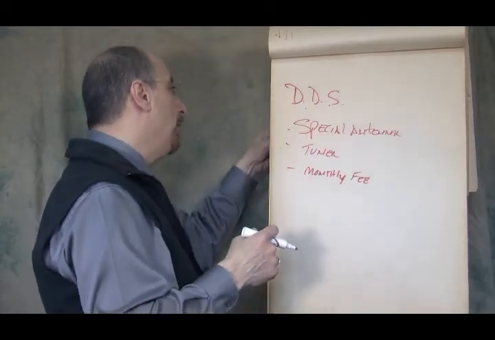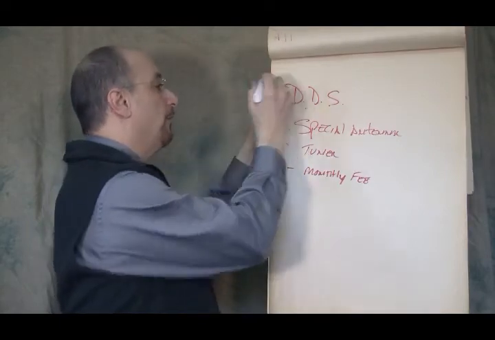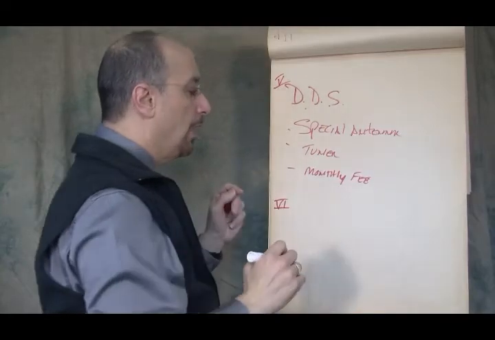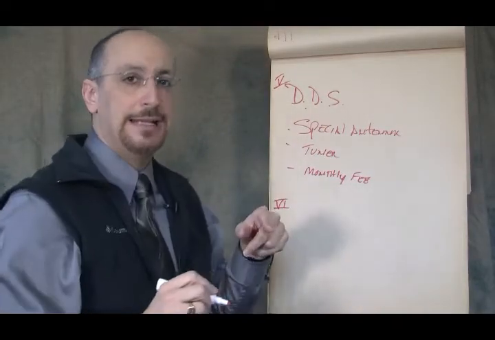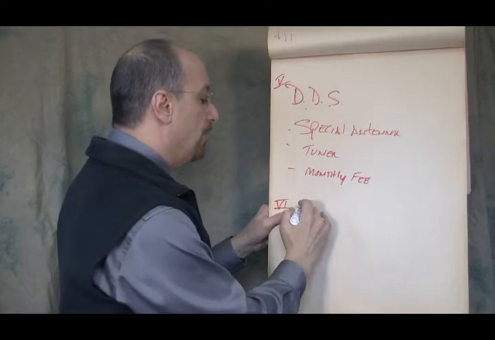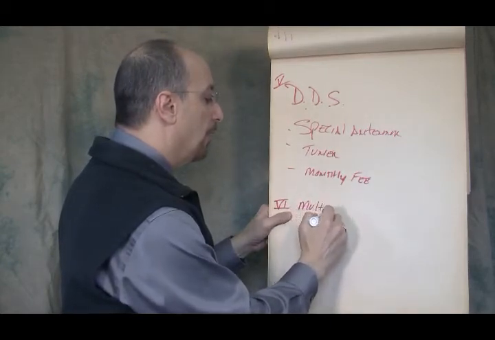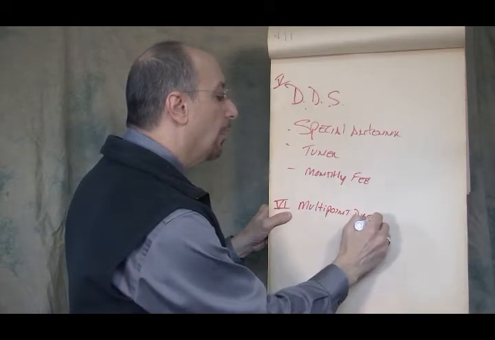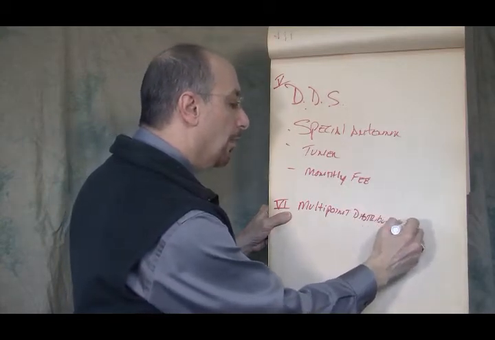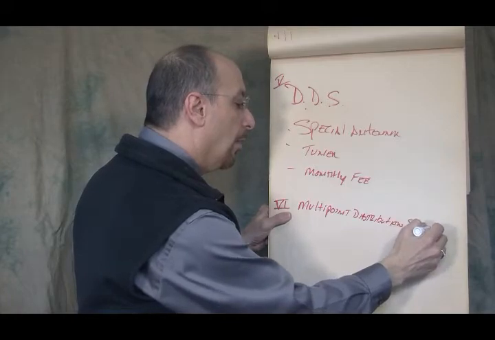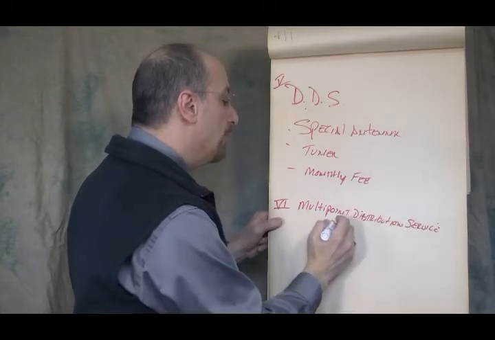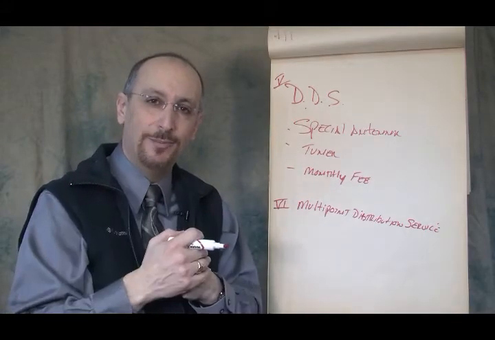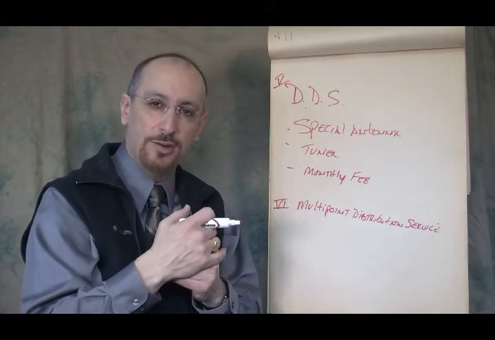The next step, though, beyond this, this is part 5, part 6, is something, again, going back to the 1980s, something called multi-point distribution service. Multi-point distribution service. That's when a company or a corporation buys satellite time, and they transmit information from one location